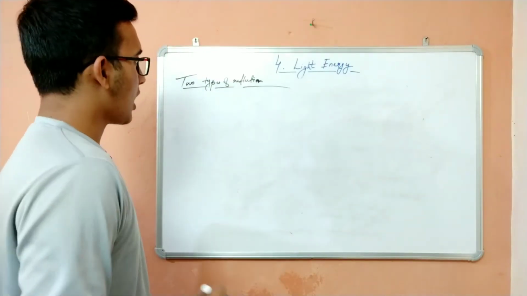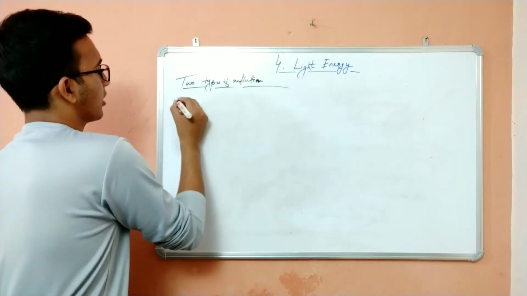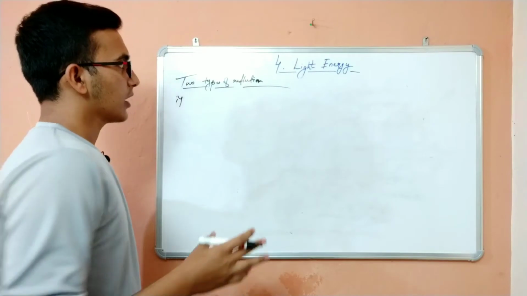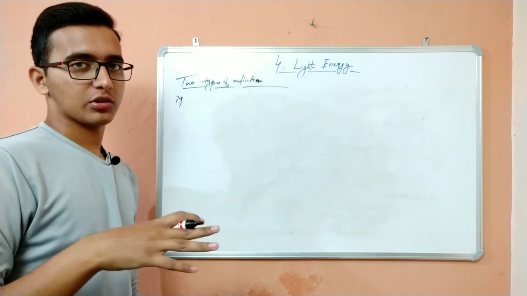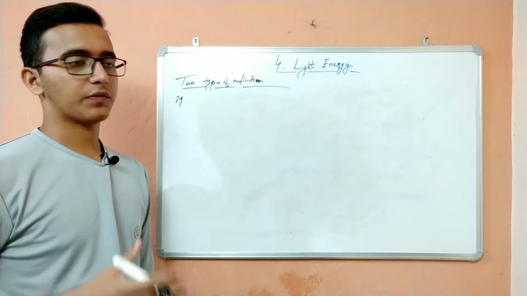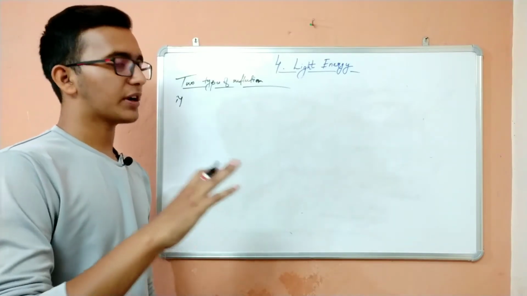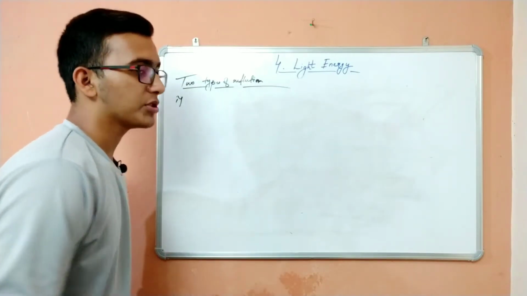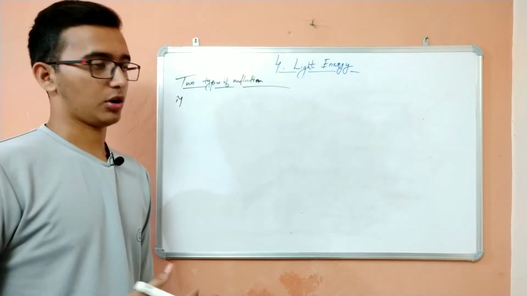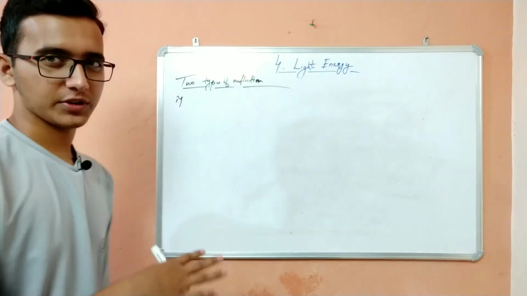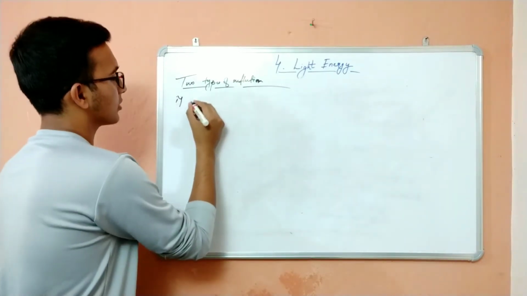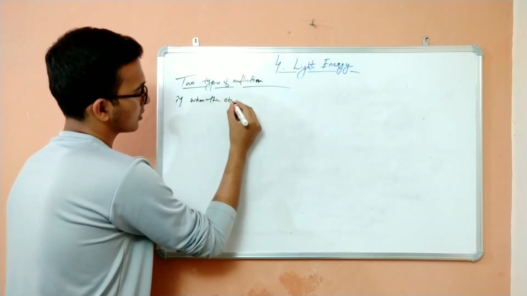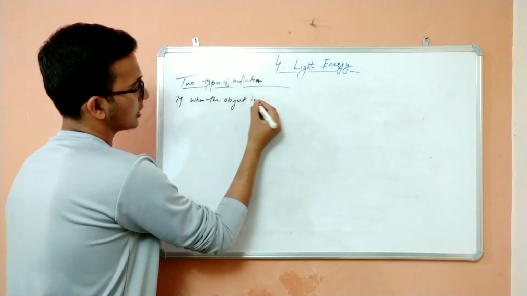Okay, so now we will see two types of reflection. Both are different and both are interrelated. In both the cases, the object will be different, not the mirror, nor the angle of incidence or anything like that. There will be two different cases for the object, and we will find out how these two cases are different from each other and where you will find all of these cases. The second case will be more important than the first one, but let's learn about the first one. So when the object is a point,